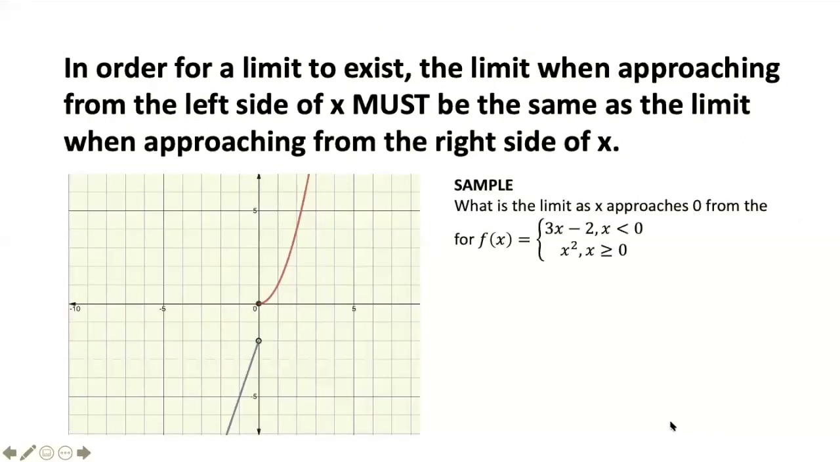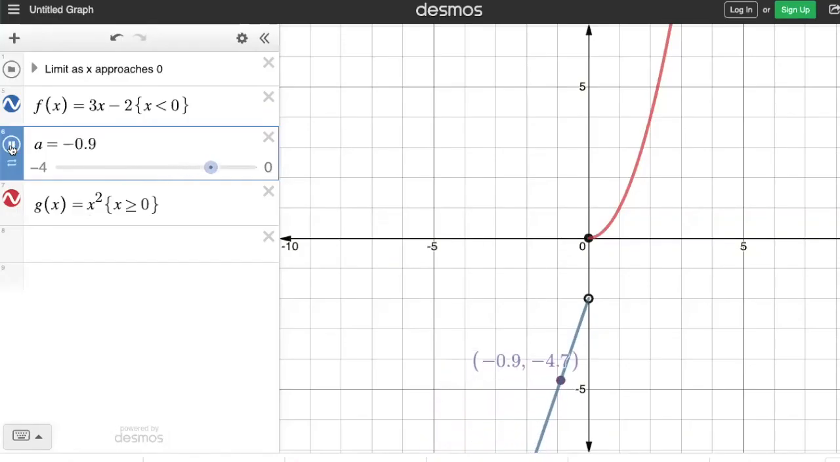Here I've defined a piecewise function. And I'm being asked what's the limit as x approaches 0 for this f of x. In notation, because it's a piecewise function, rather than stating it explicitly, we usually just use the name of the function f of x. As I approach 0 from the left and watch my y-coordinates, they're getting very close to